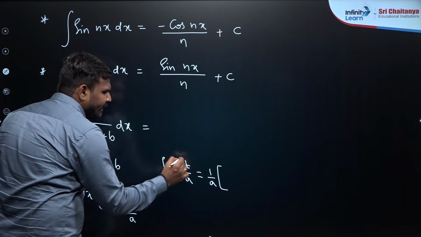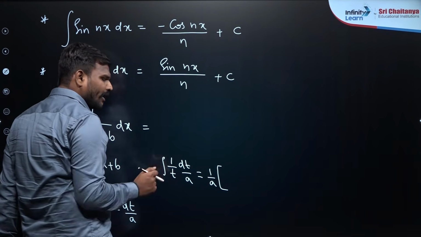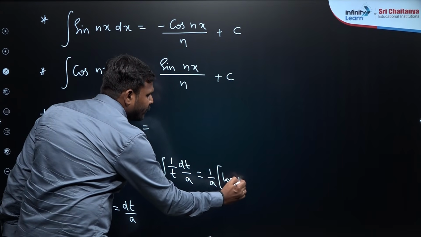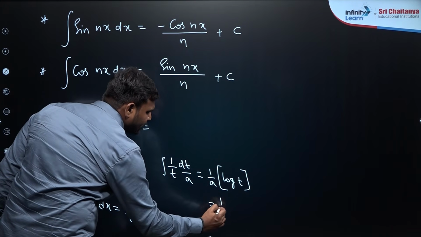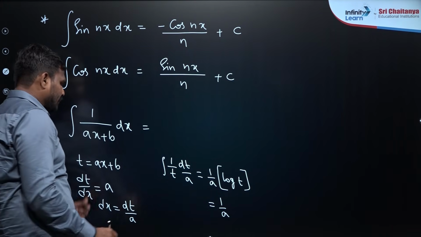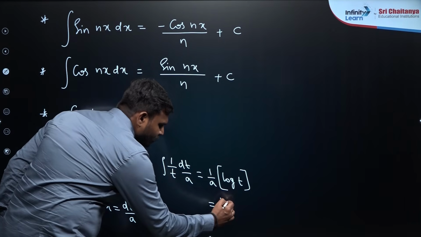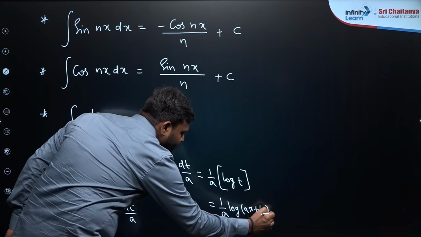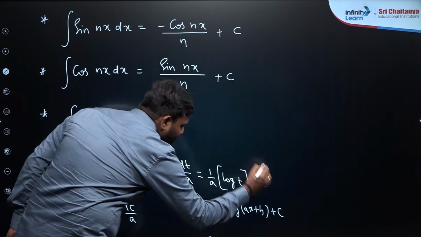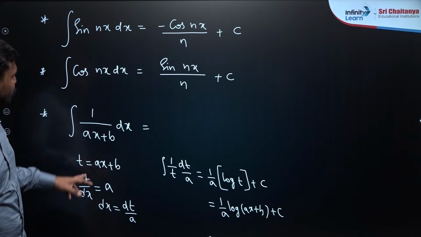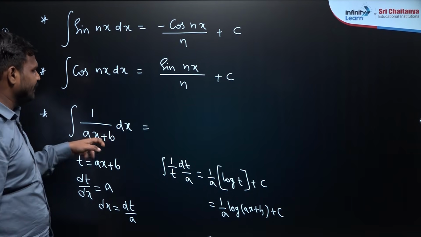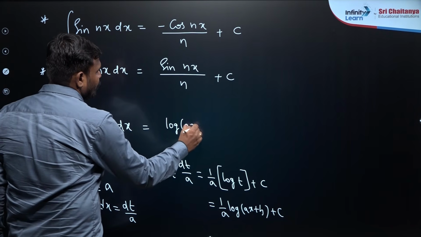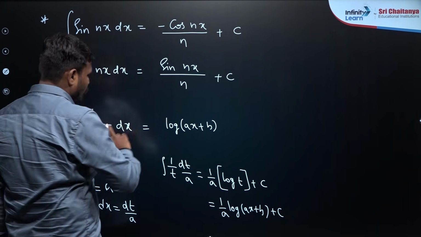So 1 by t dt, just like 1 by x dx is log x, 1 by t dt is log t. And t you have assumed, sir, as per the question, what is t? ax plus b. So 1 by a into log ax plus b. Is that clear? So same story, 1 by something integration is log of something, and once you have integrated the outer function,